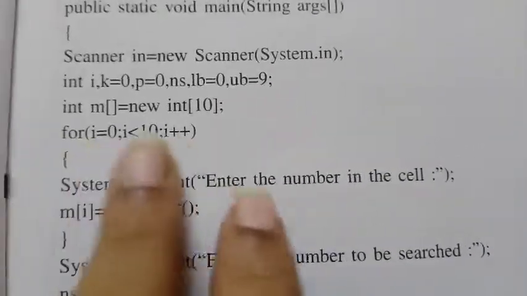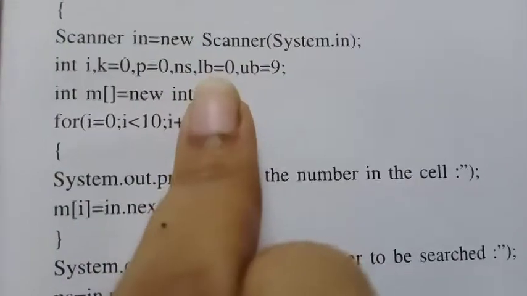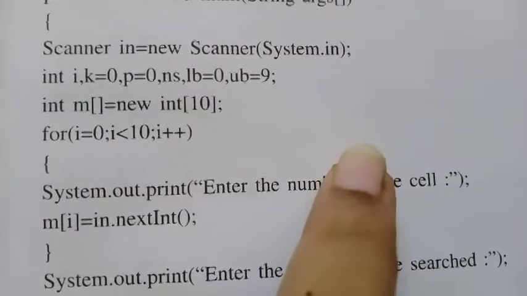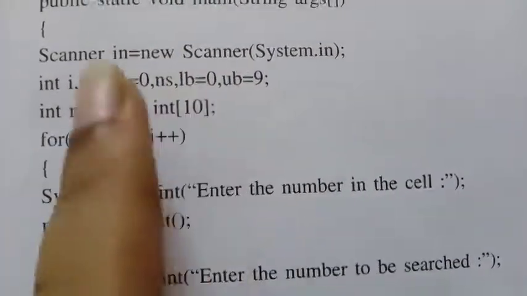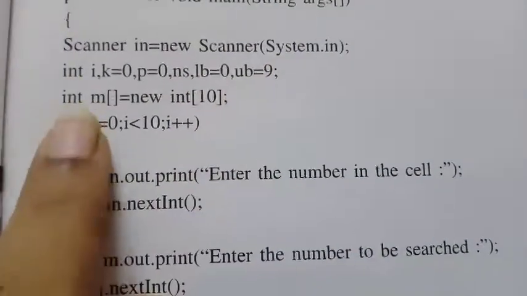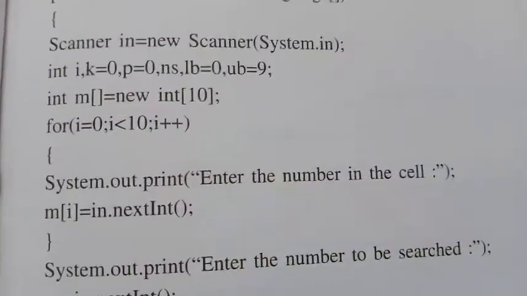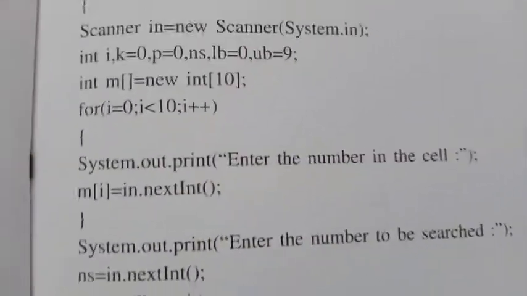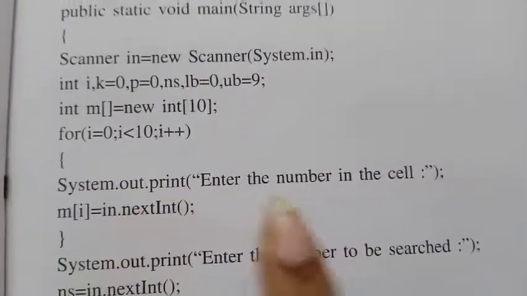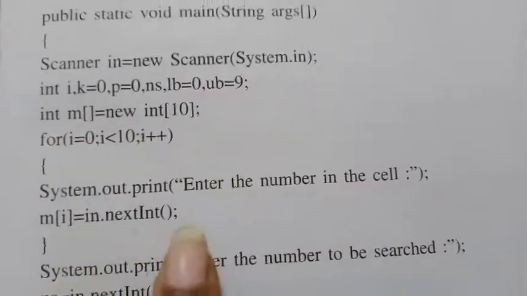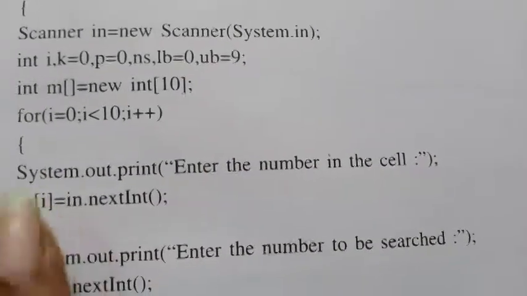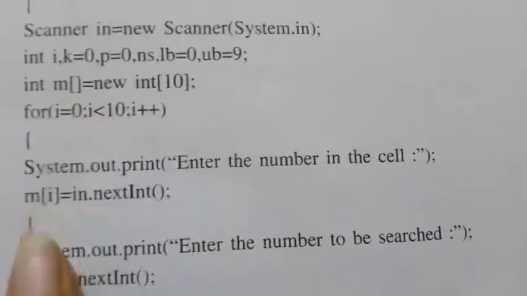See, we are going to get 10 numbers here. So in the array the values are going to be assigned from 0 to 9 only, right? An array always starts from 0, so 0 to 9 is given here. So int m[10] is your array declaration, and for i equal to 0, i less than 10, i plus plus, System.out.print, enter the number. So for 10 iterations you get the 10 values and assign them to the m[i] array. In the m array you are going to save all the 10 values.